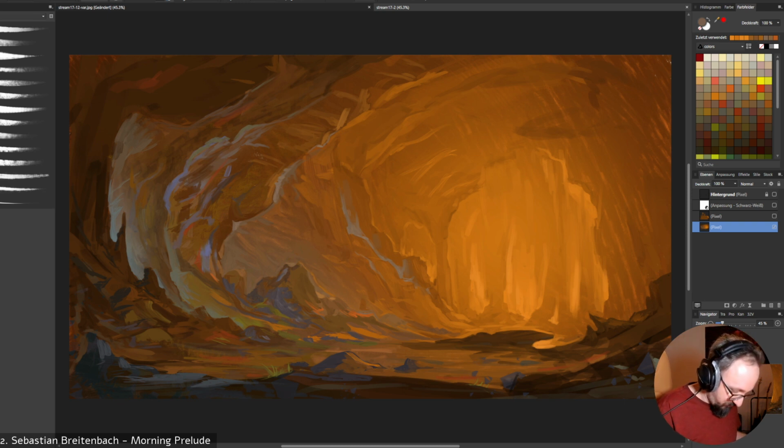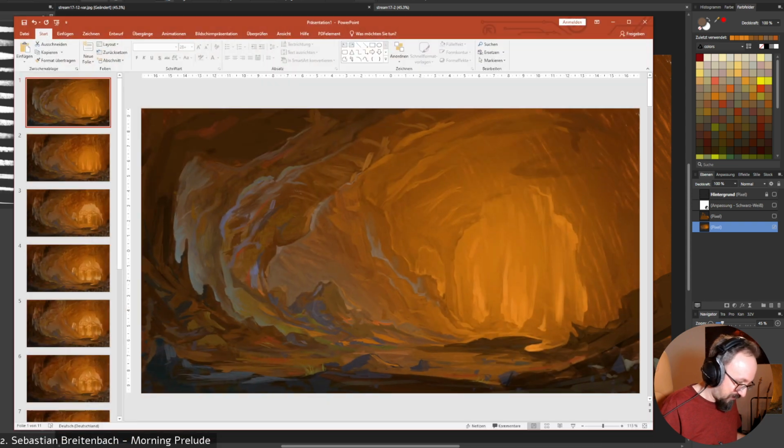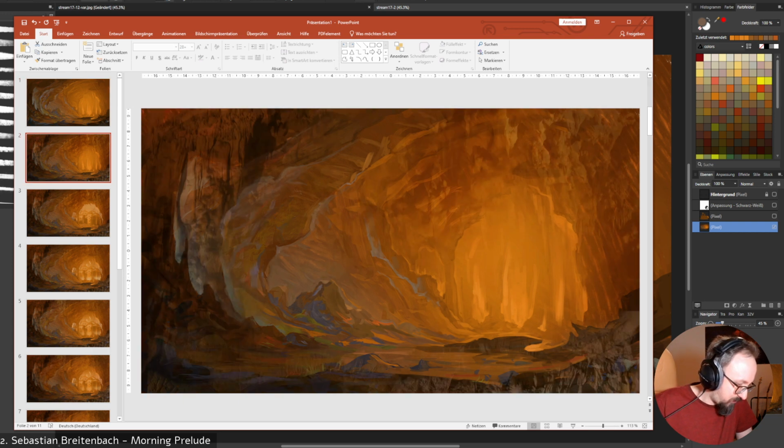So this is where we left off, right? So I want to show you what I did to get to the current stage, because my graphic viewer is behaving a bit weird with the setup. I've done a quick PowerPoint to basically show you what I did. So this was the first image, basically where we left off on screen. This was the second one where I basically bashed a bit of